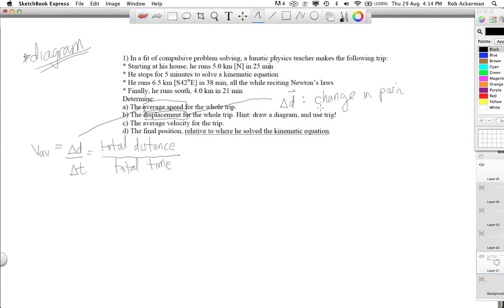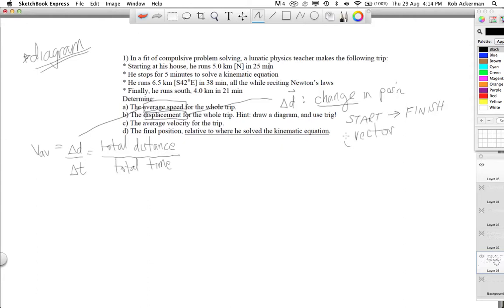The funny thing about displacement is it doesn't care what path you took. All it talks about is a change. So where did you start and where did you finish? Give me a straight line between those two points. Of course, it's a vector,